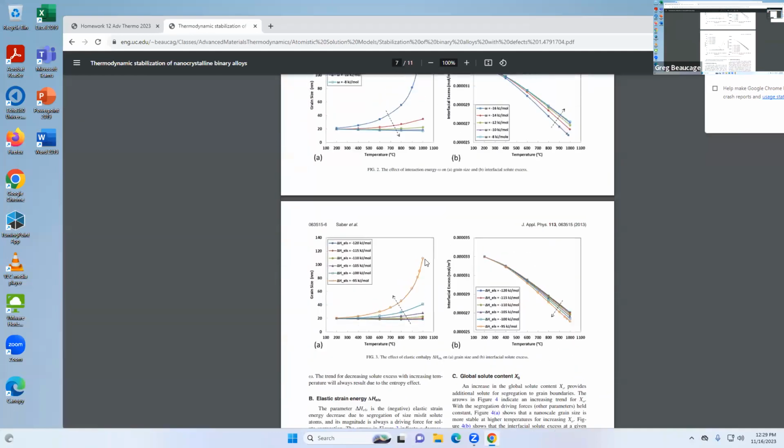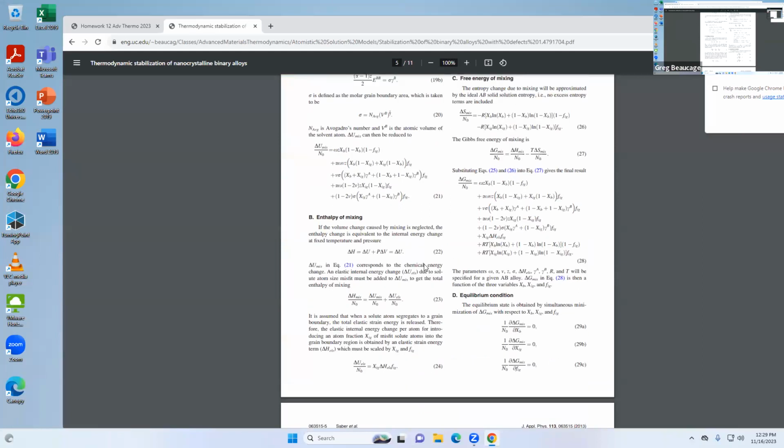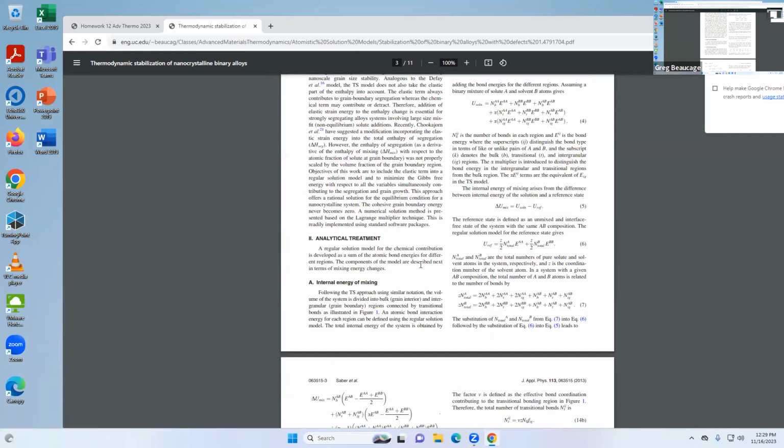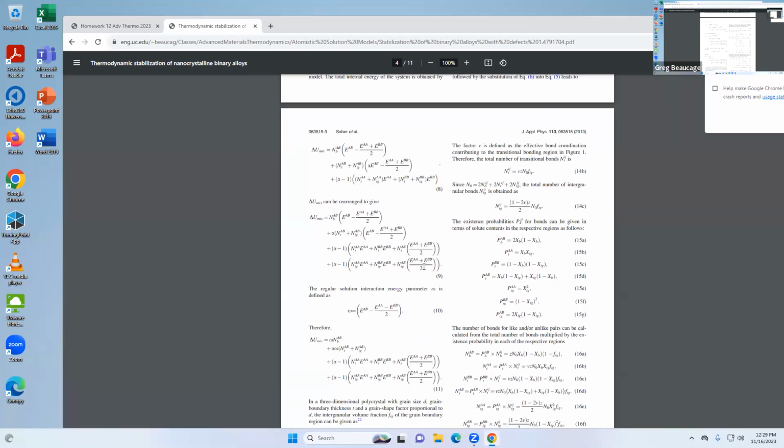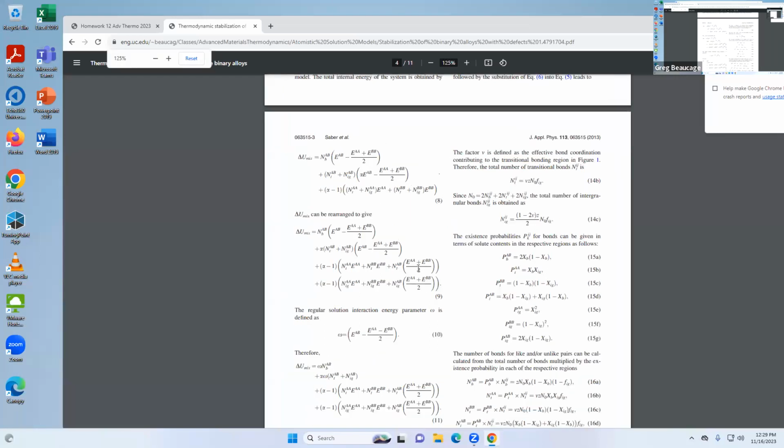You're saying equation 8 or 9. So if alpha is equal to 1, then some of the terms become 0. And also when alpha is equal to 1, then